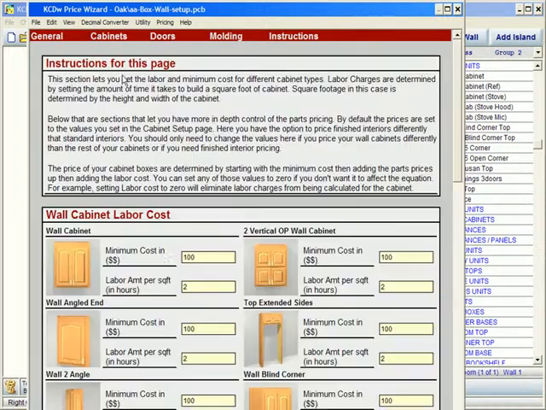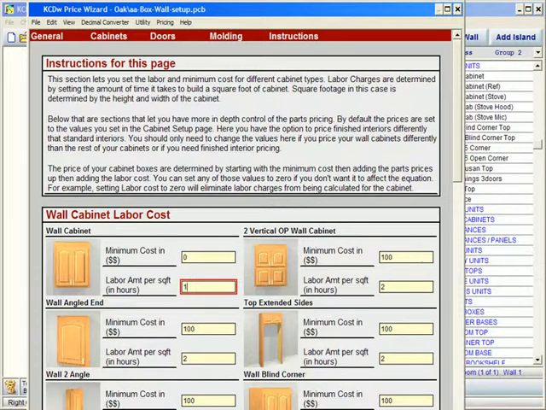That's going to be factored in at all times. So like I was telling you before, we want to zero as much of this out as we can. Now, labor amount per square foot in an hour, that's a percentage. That's a multiplier times 2. So in other words, if we were to just keep this 1, what happens is it would multiply whatever we